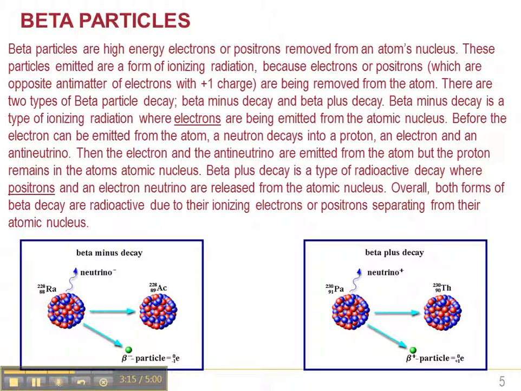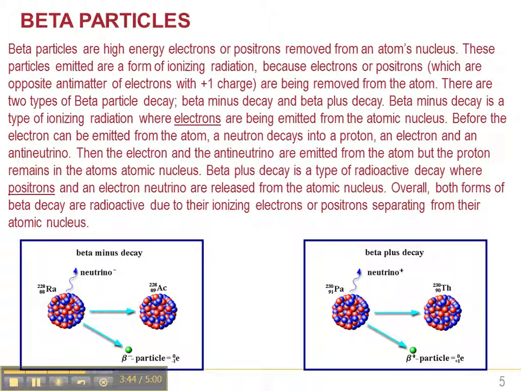There are 2 types of beta particle decay, beta minus decay and beta plus decay. Beta minus decay is a type of ionizing radiation where electrons are being emitted from the atomic nucleus. Before the electron can be emitted from the atom, a neutron decays into a proton, an electron, and an antineutrino. Then the electron and the antineutrino are emitted from the atom, but the proton remains in the atom's